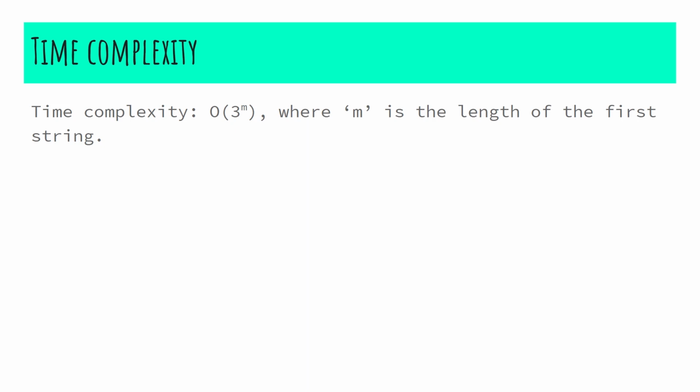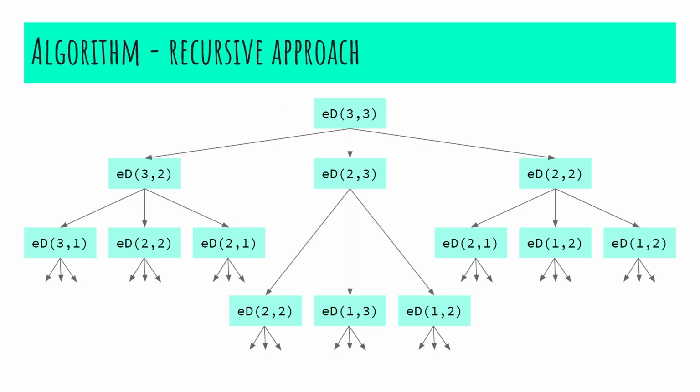This is the recursive call tree. If you observe carefully, there are many sub-problems that are solved again and again. For example, edit distance 2, 2. This is called almost thrice, and since the same sub-problem is called again and again, it has the overlapping sub-problems property as well as the optimal substructure property, which makes clear that this edit distance problem has both the properties of a